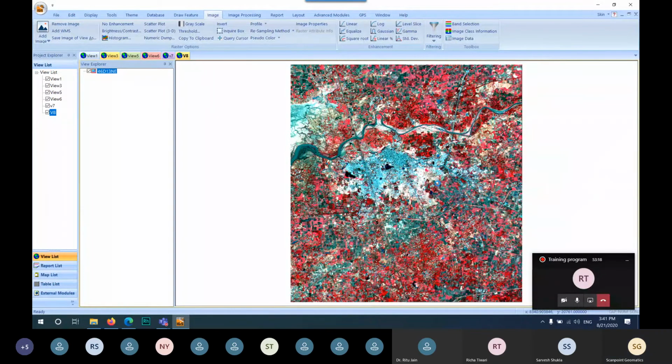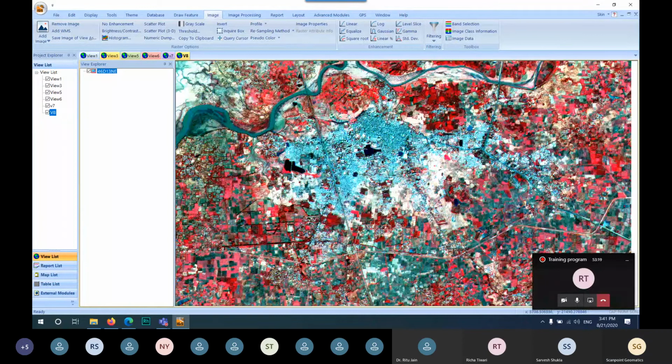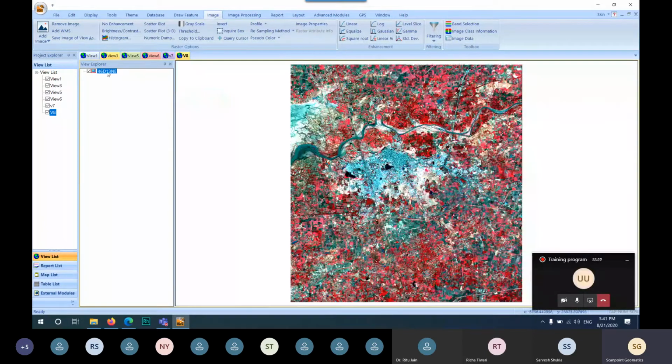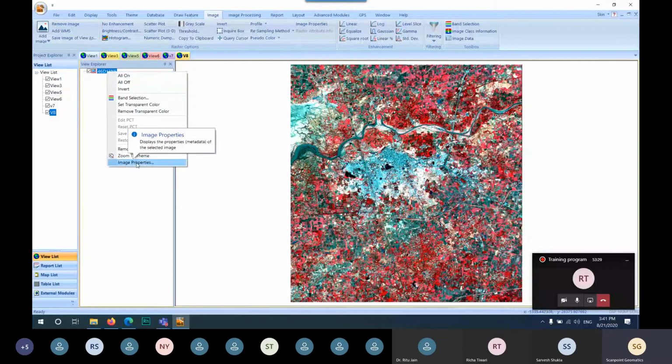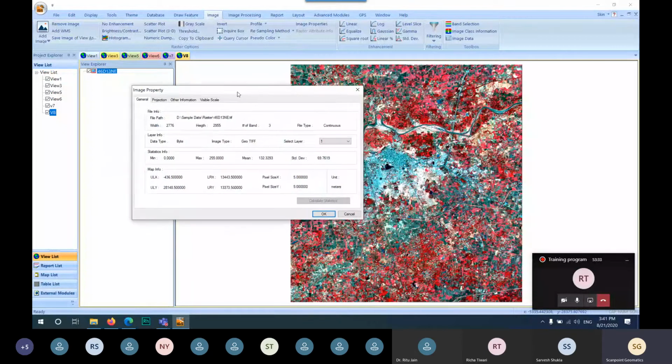So to go on to this raster image, right click and go to Image Property. Click on Image Property. It shows you various image related information. General information means width of your image, height of your image, number of bands.